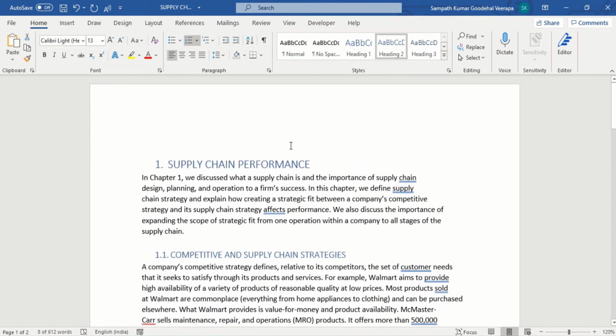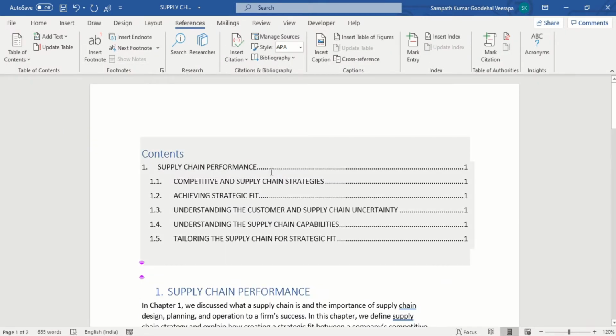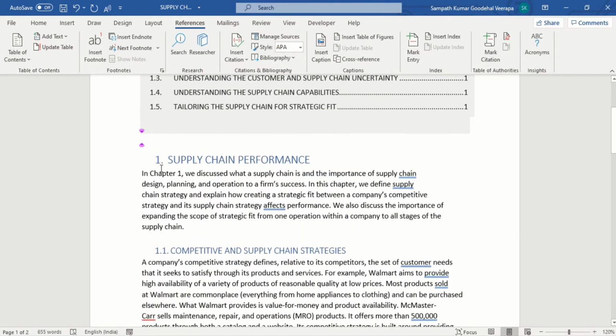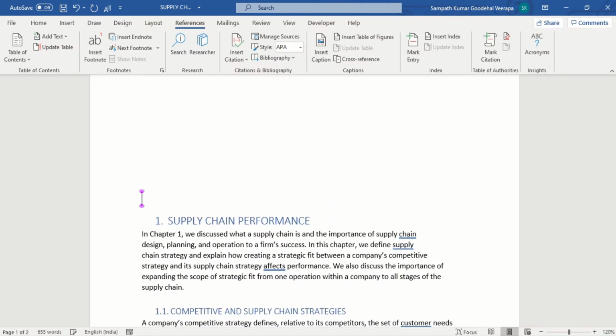So now we can add the table of contents. Go to References, click on Table of Contents, and select the table. It's added automatically. Okay, now we need to increase the size, so push it down, push it to the next page.